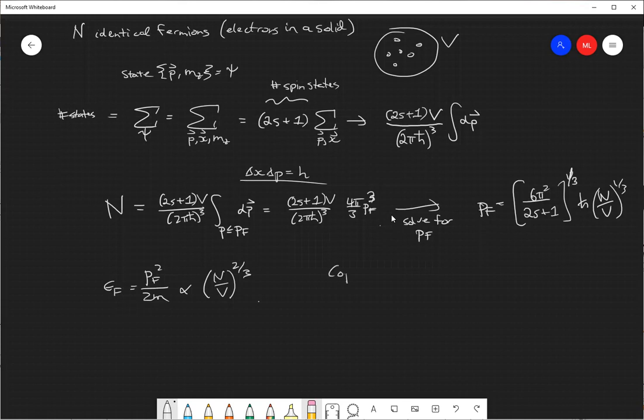So we can look at copper. And for copper, you would want to know what N over V is. And to do that, you would need to know the density of the copper atoms, and you would need to know